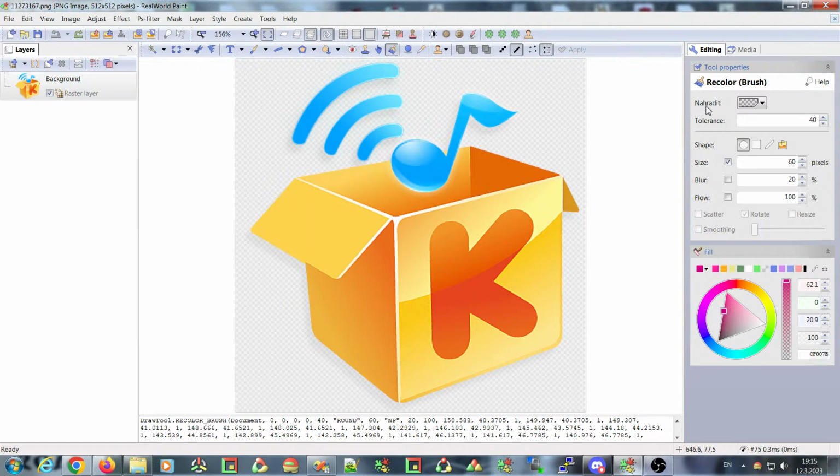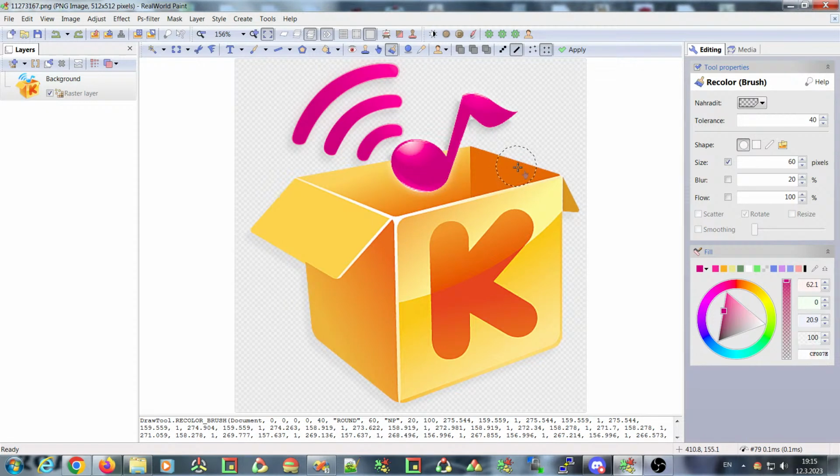I can see now that the language is not correct here. I will fix it in the next version. So the first pixel you click when you are recoloring the image is considered the color that you want to replace. So if I start here on this dark blue, the result will be different than, and you can see that I can